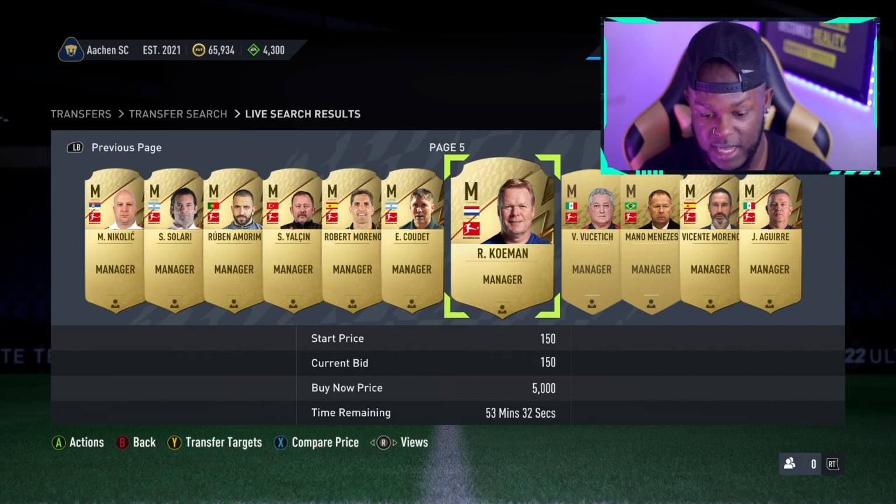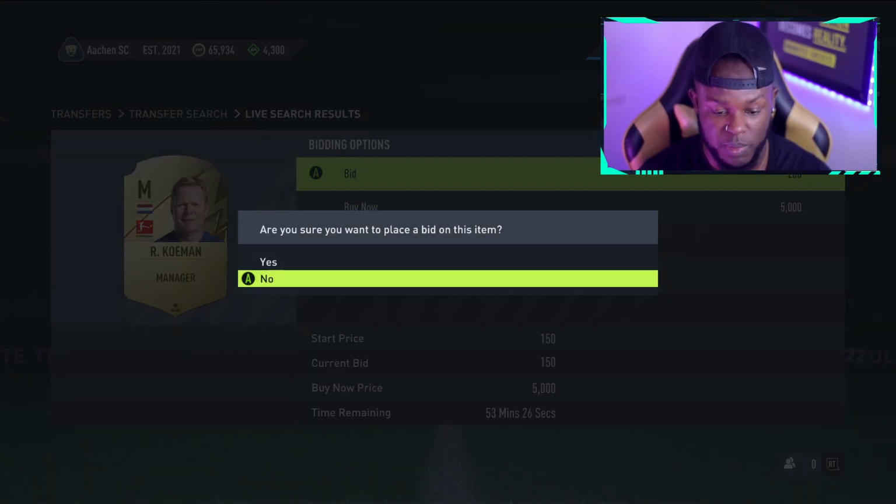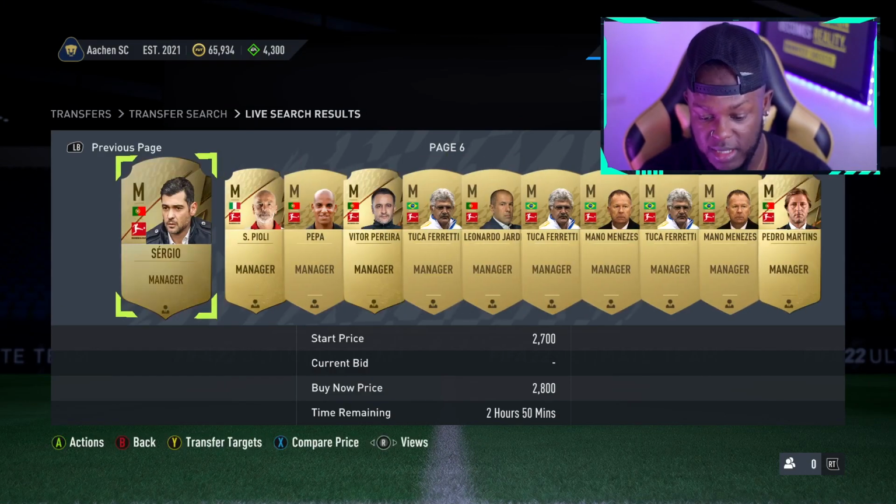Right, okay, there's this guy here, Coleman. Coleman's a big manager. He's got one bid on him for 150. What I would usually do here, I'll throw a bid. Obviously, it's not allowing me to bid for whatever reason, but I would throw a bid and then wait and